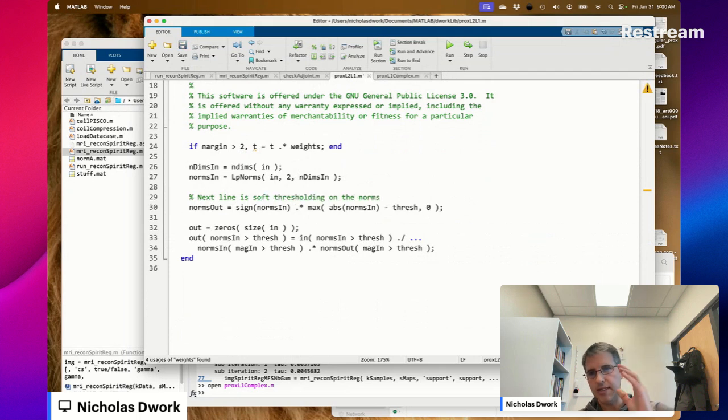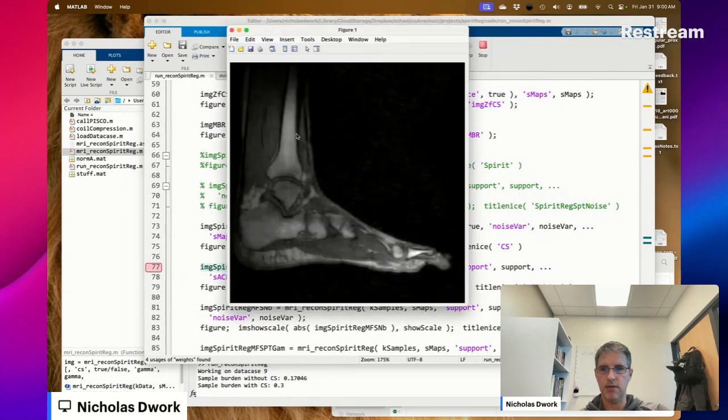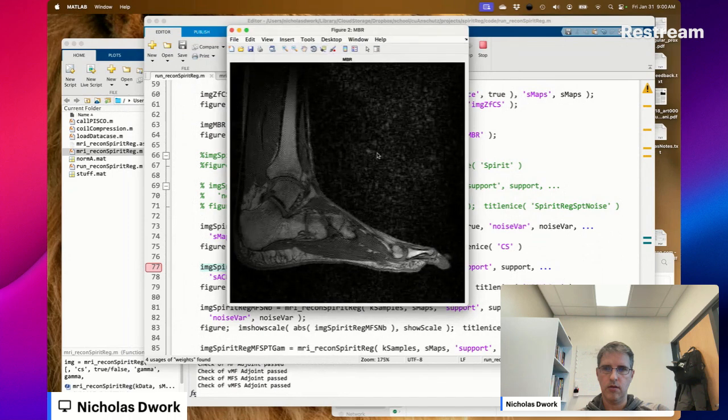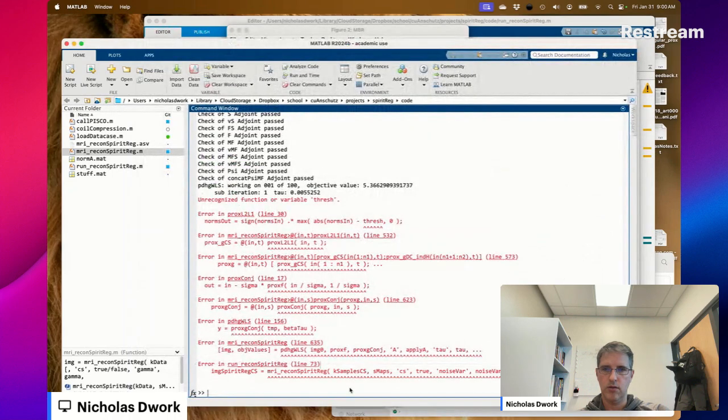Except it's definitely not the same when norms in are set to 0. So let's see what happens now. Okay, oh, thresh.